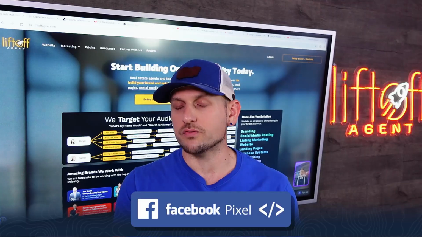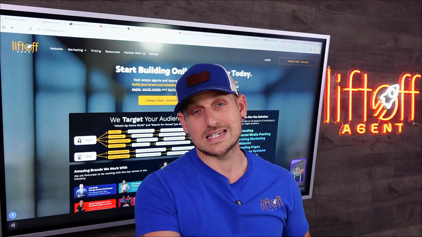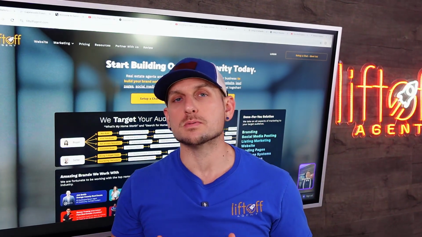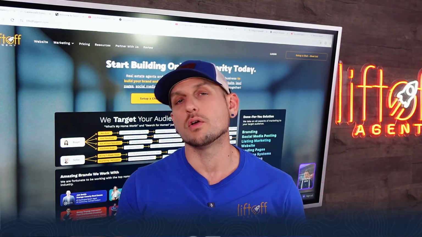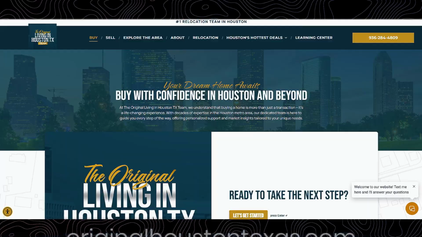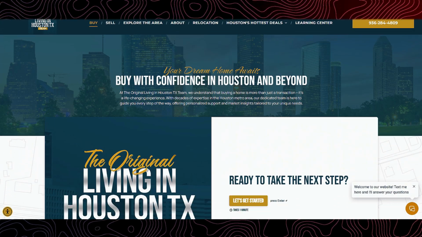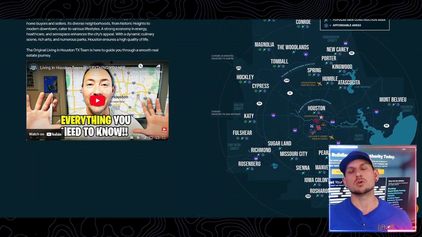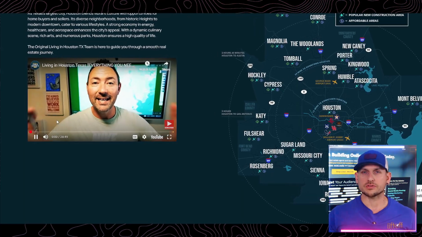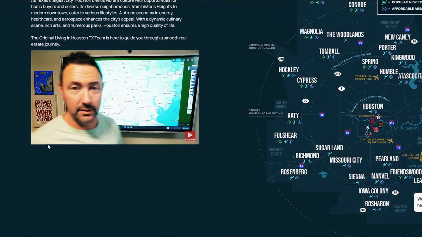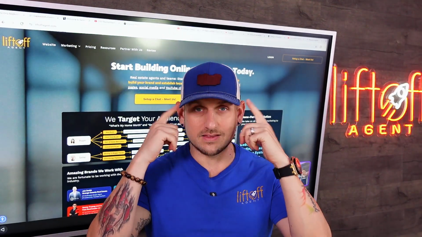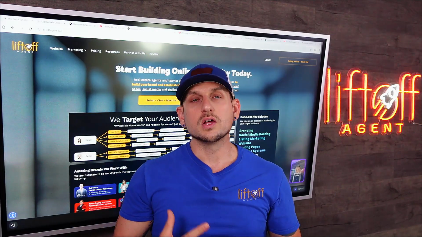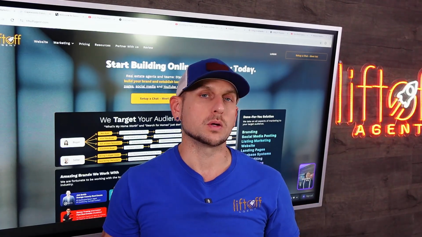So then you can do things like plant a Facebook pixel, retarget market, and do so much more with that activity once they're there. Now, when you drive them to your website, you can bring them to the home page or a landing page, but you want to make sure that you have a hook and a video and a call to action to automatically capture those leads. So for instance, if you want to have a buy now page or sell now page, if you're going to have someone go to your homepage, that's when you can potentially have a video that walks them through the process so they understand how to navigate your site. That way you can already premeditate the process: what are they doing when they go to your website, what are they clicking on, and where do you want them to go to download that guide or fill out that form so you can capture that lead.